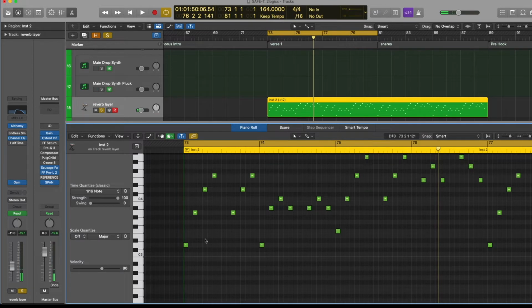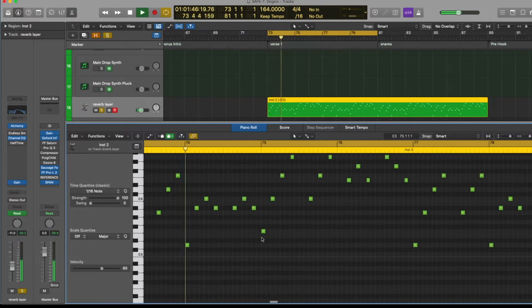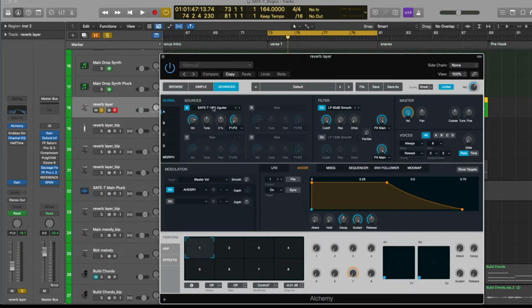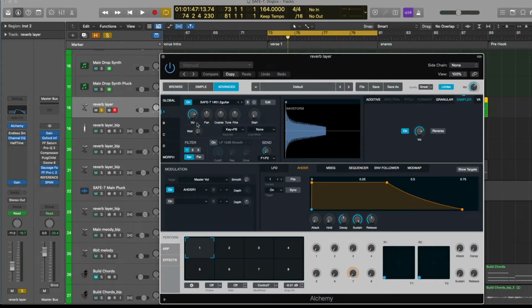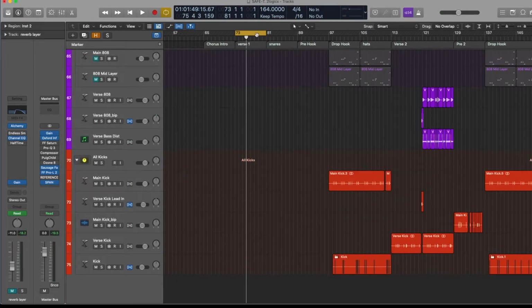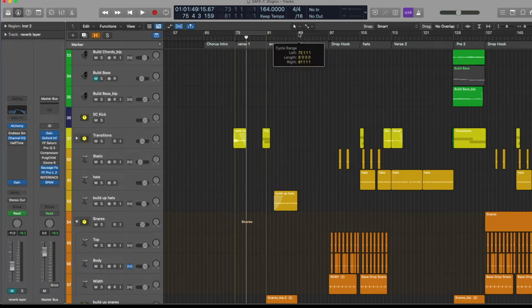What it's doing is just taking the same notes from the chords and separating them out like this. It's just playing it as a sort of melody. The synth itself is really simple. I think it's from a guitar or something. I just bounced it down into audio, put the audio sample into the synth, and made a melody out of it like this. And all I have on here is some EQ. Just made that into a melody, built out a verse section,